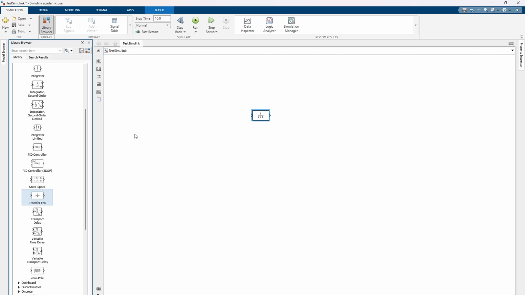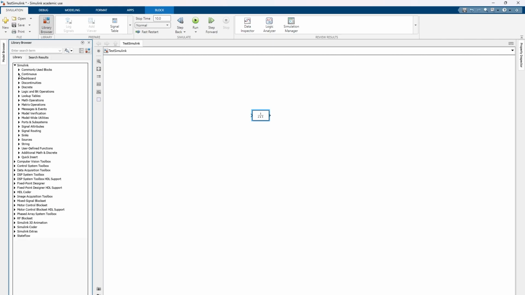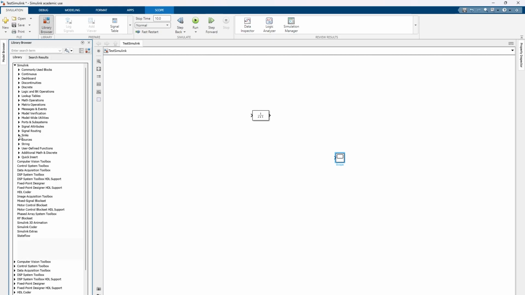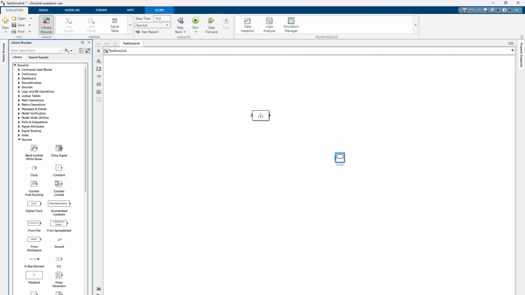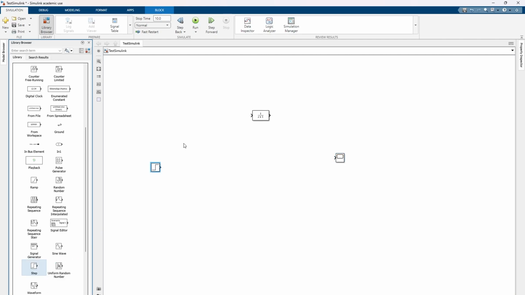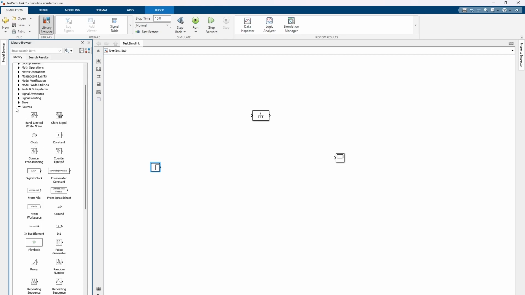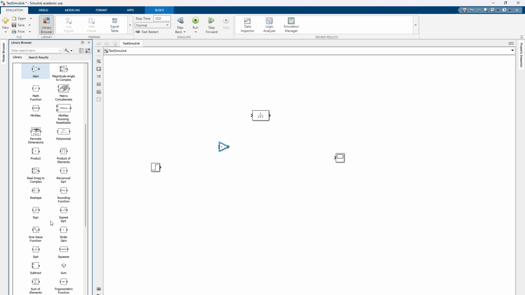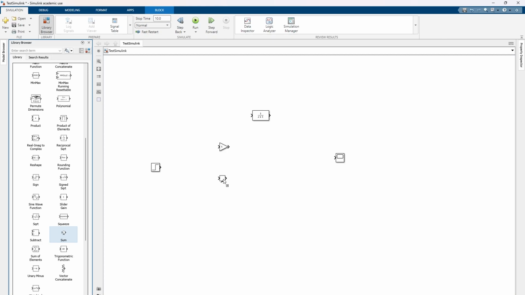Then we need a scope that I can take from sinks. So close this, go to sinks, and we have scope. And then we need a step function that I can take from sources. So sources, and I scroll down, there's a step function. We may need to have some gain and sum blocks that we can get from math operations. So let's go for math operations, and we can get gain or sum block. You can find it here,